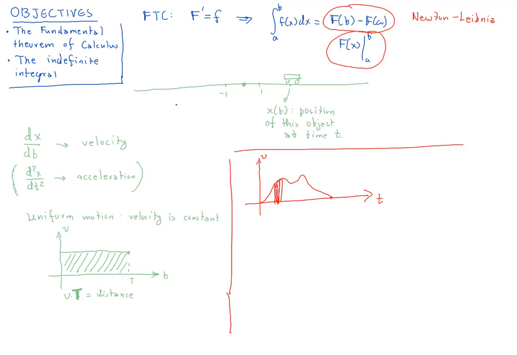And as the length of these intervals goes to 0, we should get the actual distance, which means that now the area between the graph of the velocity and the time axis acquires a simple interpretation. It's the distance. And what is the distance? The distance is the position you were at time t minus the position that you were at time 0. So this is the integral of the velocity